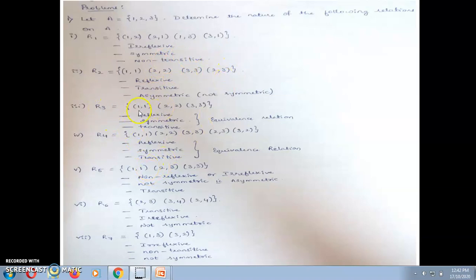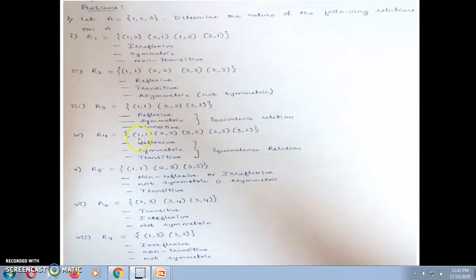And if you see the third one, all the diagonal elements are there. Reflexive it is, and symmetric relation exists, that is, all reflexive ones are also symmetric: 1 1, 1 1, 1 2, 2 1, 2 2, 3 3 are there. And transitive is a property wherein you have 1 1, 2 1 is not there, and when it holds all these three, then it is called an equivalence relation.